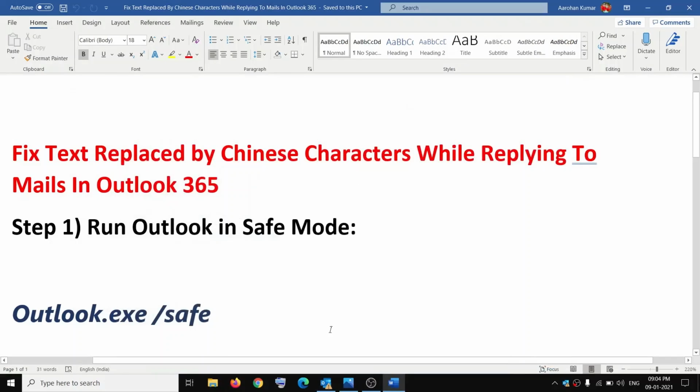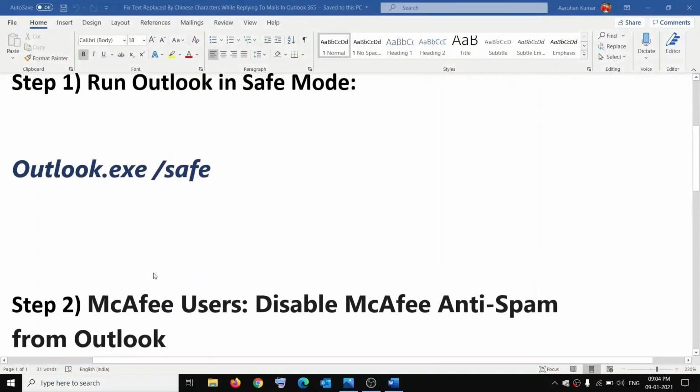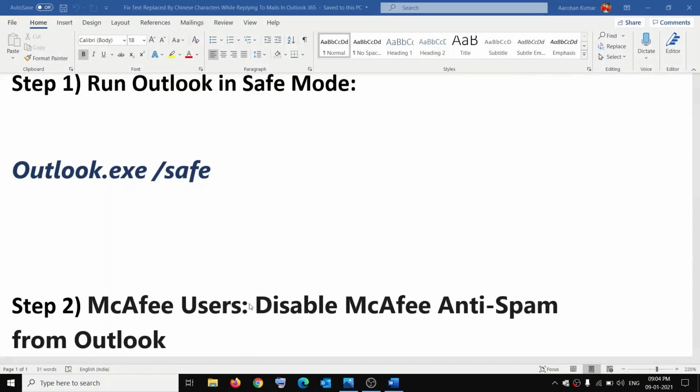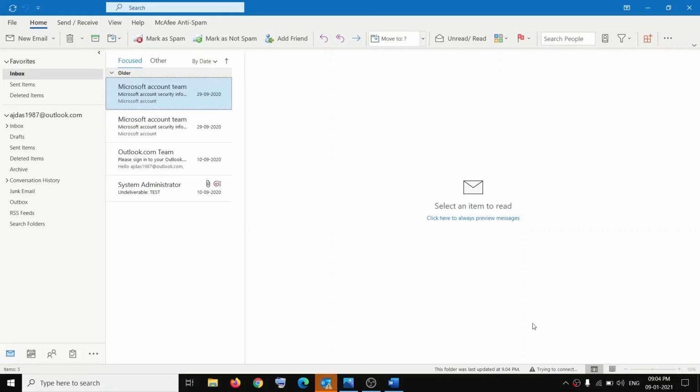Now you can also do one more thing. If you are using McAfee antivirus on your computer, then disable the McAfee anti-spam from Outlook. So open Outlook and then go to File,